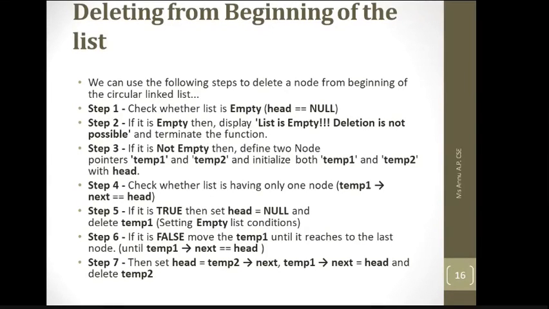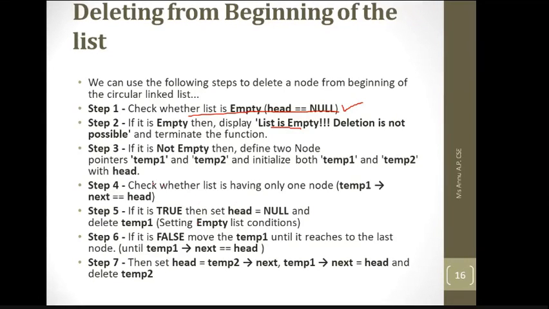The very first line in any given algorithm or function should be checking for an empty list. By just checking whether the head is null, you can check whether the list is empty or not. Once you are sure that the linked list exists, then you can delete, but if the list is empty, you cannot perform deletion and you need to stop. If it is not empty, you can proceed and perform deletion in the way I have discussed in the example.